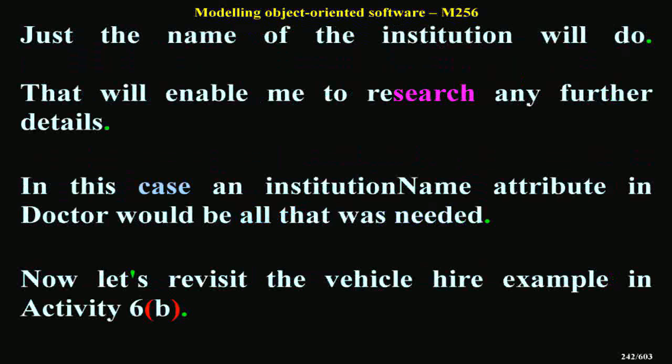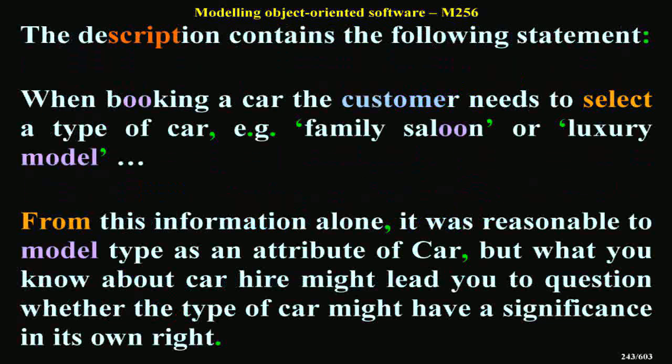In this case, an institution name attribute in doctor would be all that was needed. Now let's revisit the vehicle hire example in Activity 6b. The description contains the following statement. When booking a car, the customer needs to select a type of car, e.g., family saloon or luxury model. From this information alone, it was reasonable to model type as an attribute of car, but what you know about